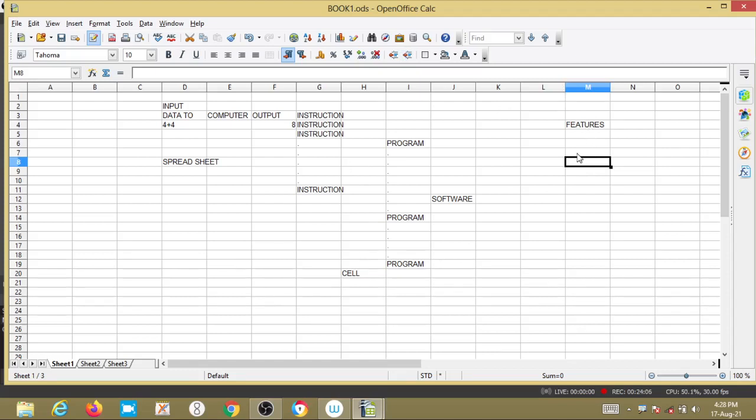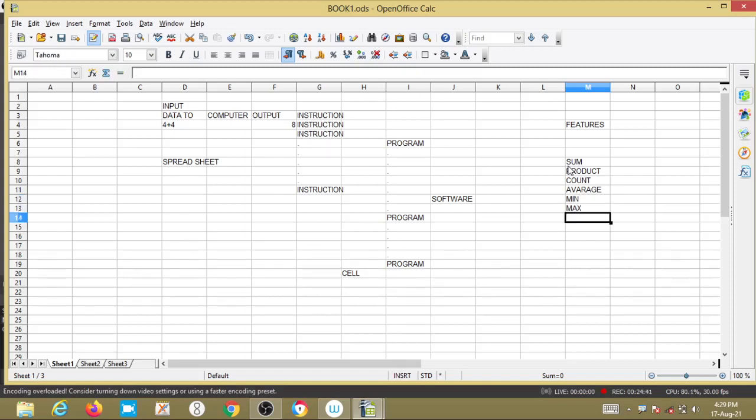For example, sum, product, count, and if we want to find the average in your marks, we can use average also, and then minimum or maximum marks.